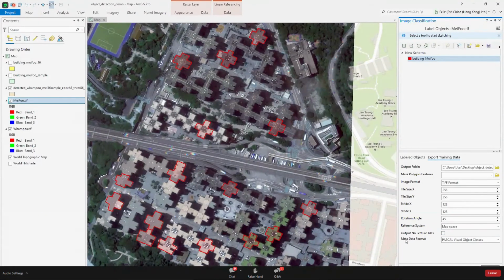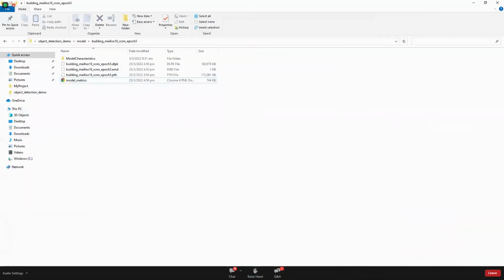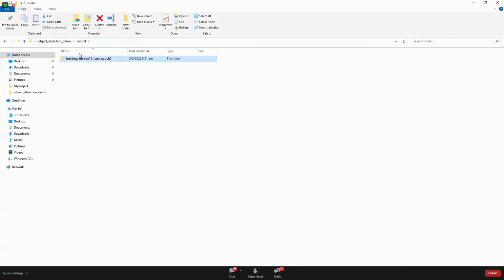For the last thing, since we are going to use the Mask R-CNN model, the metadata format, we will change it to RCNN Masks. And click Run. We can have the labels generated. Let's see on the files what we can get in the export